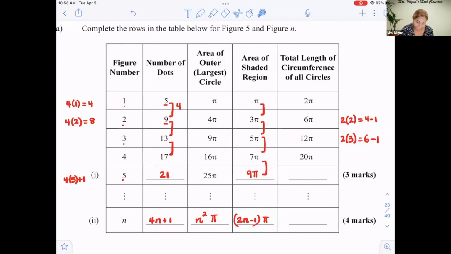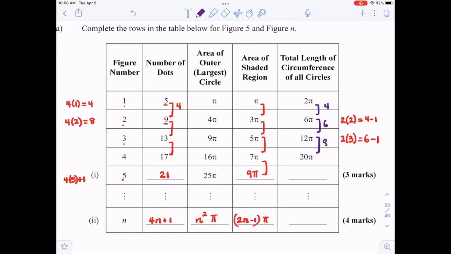The next one now. How much am I adding? What is the difference between the numbers? So this first one is 2. The next one is 6. How much did I add? 4. Then 6 and 12. How much did I add? 6. Then 12 and 20. How much did I add? 8. No, we can't write it in terms like that,